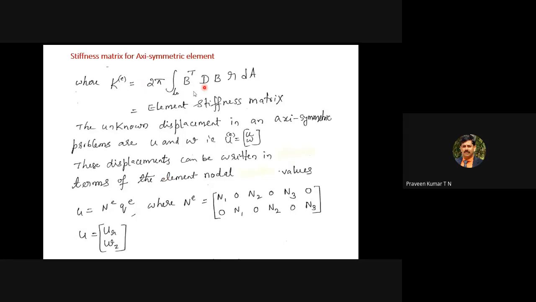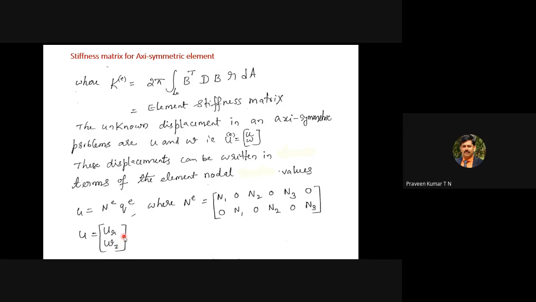So we have K. We don't expand the matrix because it becomes more complex. The B matrix is a complex matrix. D is again a 4 by 4 matrix. So B is again a more complex matrix. The only thing you have to write is, what is N e? N e is equal to N1 0, N2 0, N3 0, 0, N1 0, N2 0, N3. The displacement vector is given by U and W. The displacement U is along the radial direction. Hence, for your understanding, I have written U subscript r, which indicates the displacement along the radial direction. One more is the displacement along the axial or longitudinal direction. It is given by W subscript z.